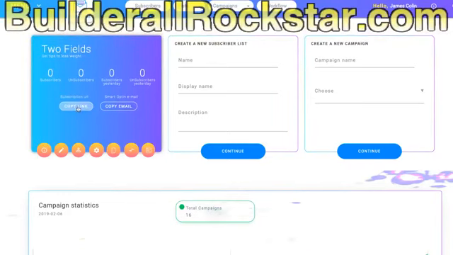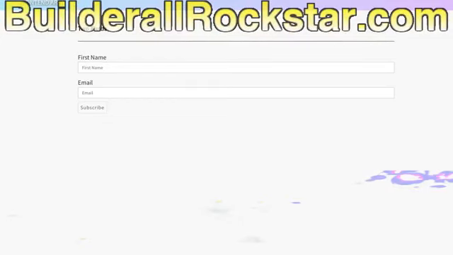But if you paste this link in your browser, you will find this page. But this is not the page that your visitor should see, because you will not send your visitor to this page. This address, this URL, is only for your form.